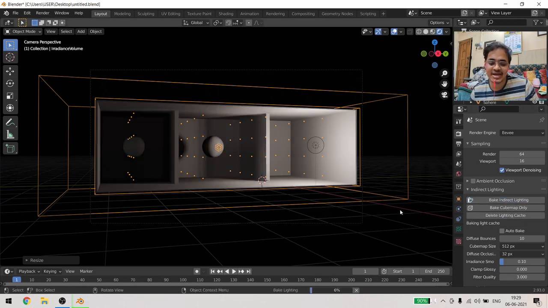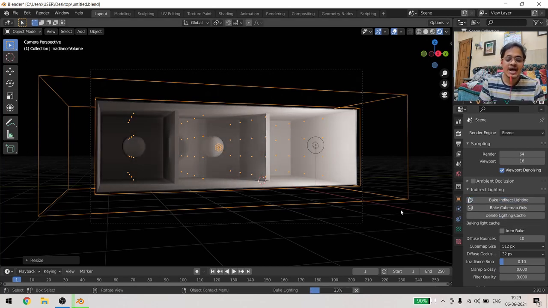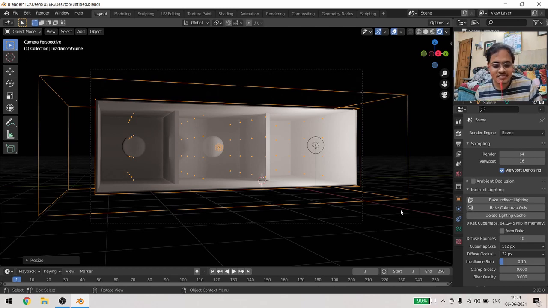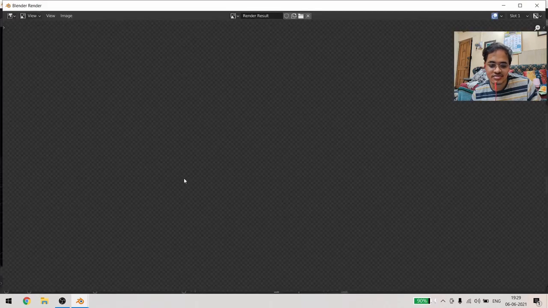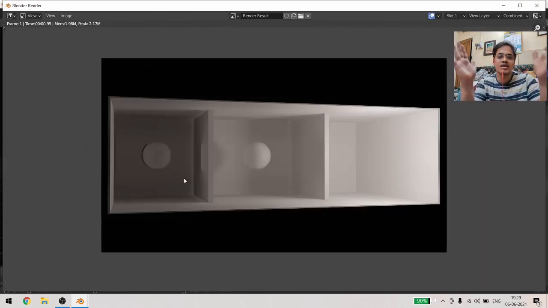The moment I click on Bake Indirect Lighting, the lighting in the shadowy parts is being recalculated and reprojected into the area. We are getting a Cycles-like render out of EEVEE, and the great thing about EEVEE is why it is required. Why are we doing so much with the irradiance volume and baking the indirect light? Because the moment you come to render and render image, it renders the image within 1 second.